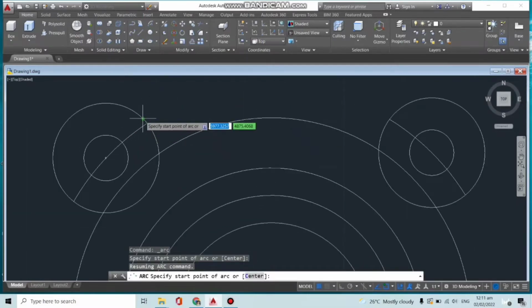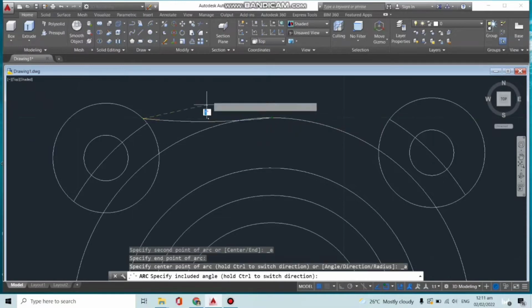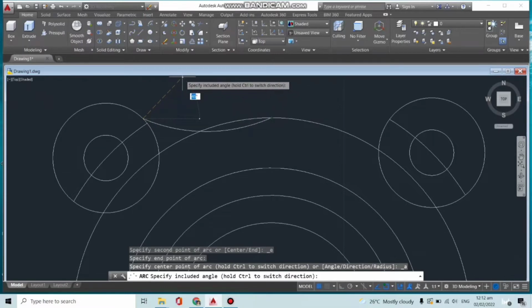First is to select the quadrant. Second is the quadrant of the inner circle, and then move around, and then let's say that is 25. Enter,